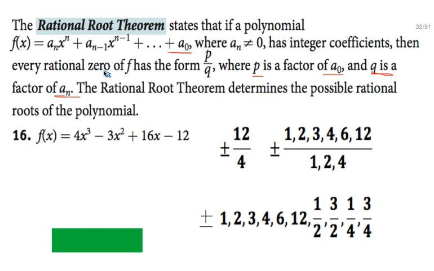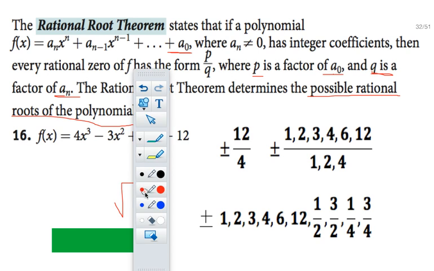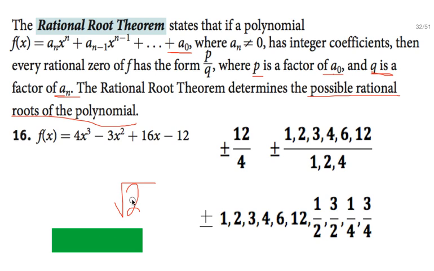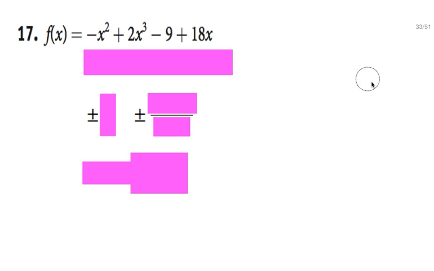So basically what this is saying is it's figuring out all the possible rational roots of a polynomial. Rational roots can be fractions or whole numbers. So notice these fractions here or the whole numbers. It cannot be a radical like the square root of 2, because that's a number that keeps on going forever. It doesn't stop. It has to be a number where it will stop. So that's what the rational root theorem is. We just did 16 and 17 and 19 to see if we can figure out all the possible